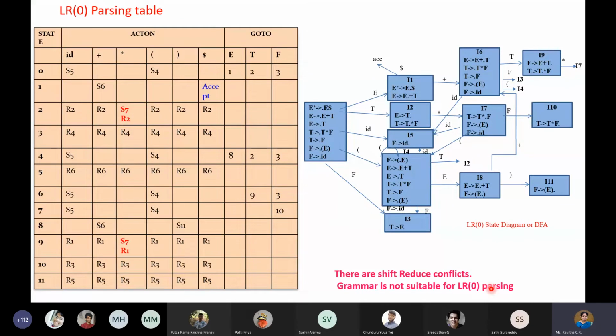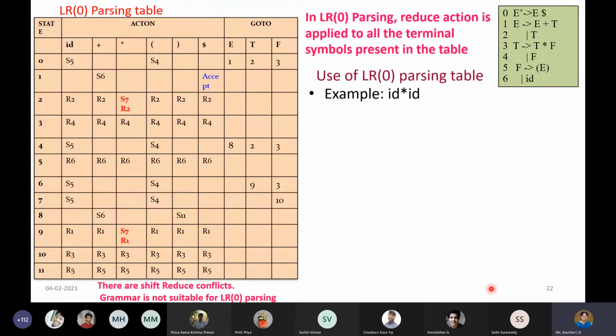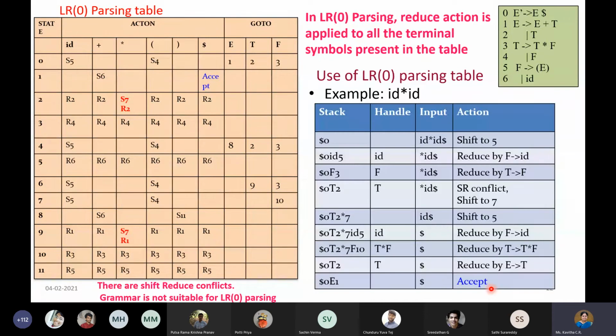So let us see the next step where we are going to parse one string. This is our string to be parsed, which I had already discussed, but without using the table. Now let us use the table. If you see this table, whatever we constructed just now, that is the table, and this is the grammar and rules also. You can see what rules we are using, the corresponding rule numbers, all that is there. Now we are going to trace our string. So this is our input string. ID star ID dollar is our input string.